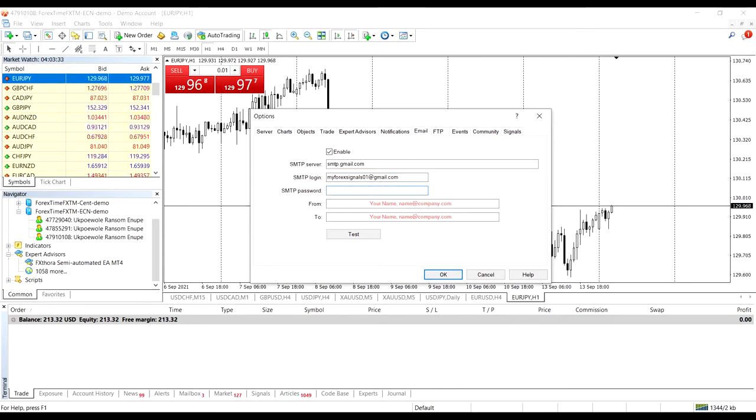I'll just insert my password now. And then for this next piece, you have to write the name from whom the email report is coming. So for my case, I'll just write